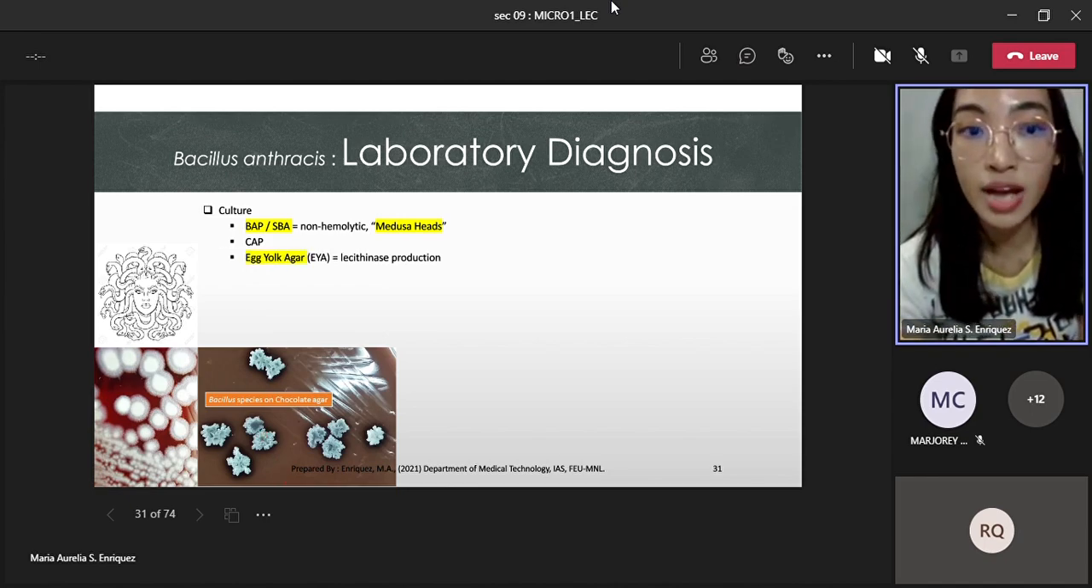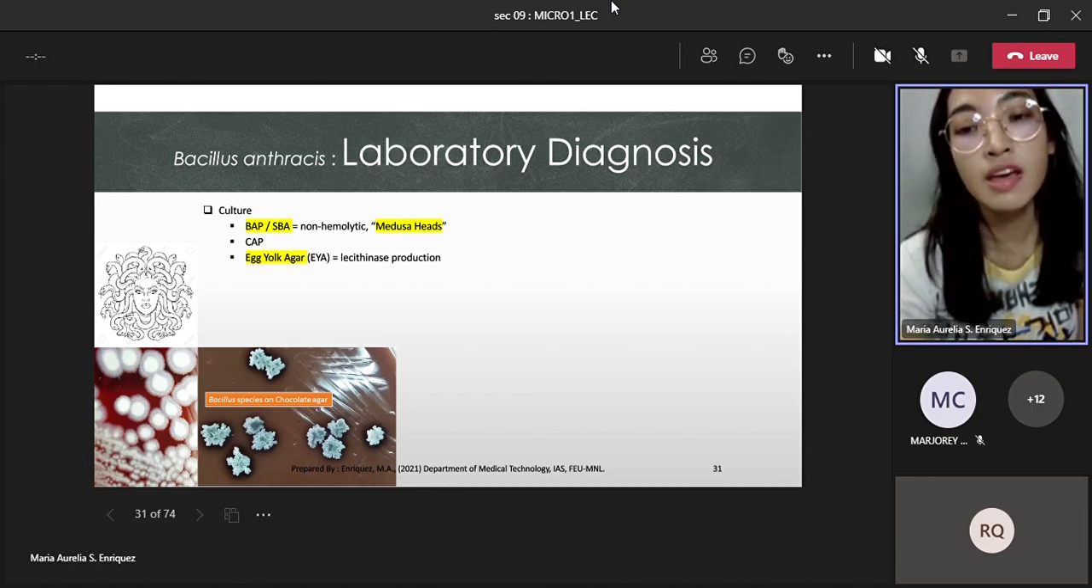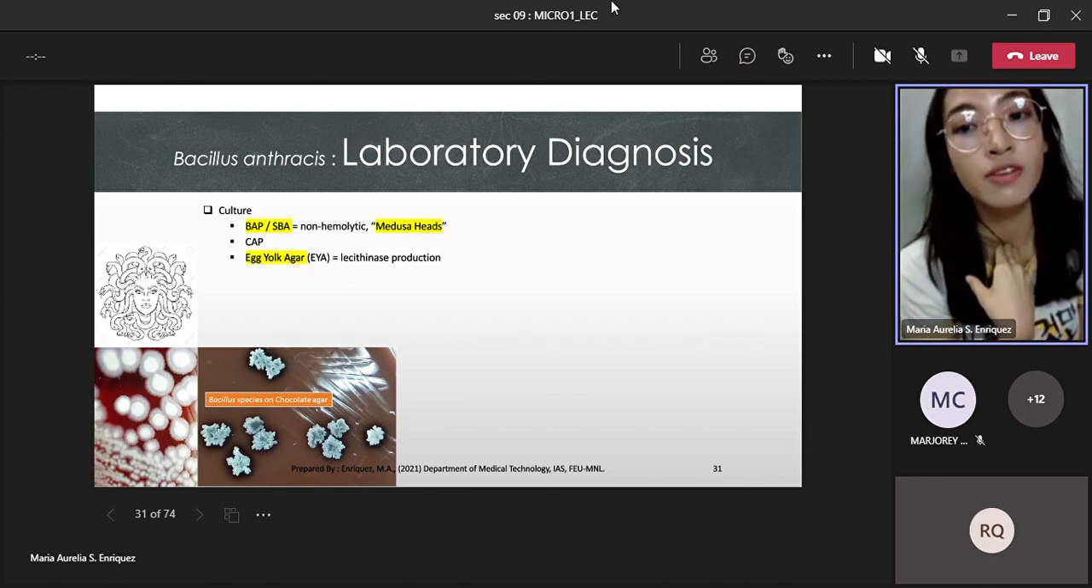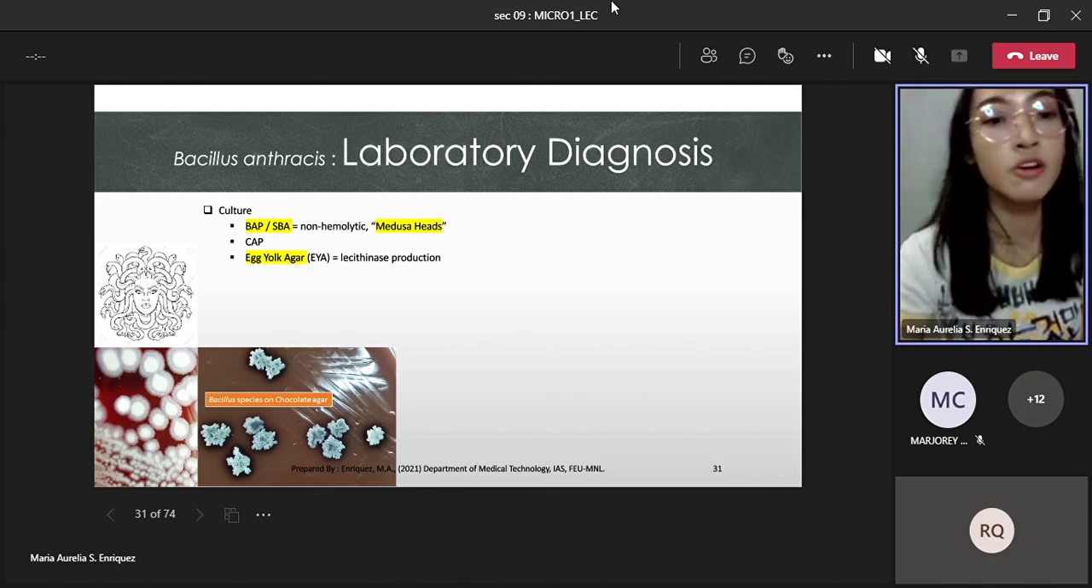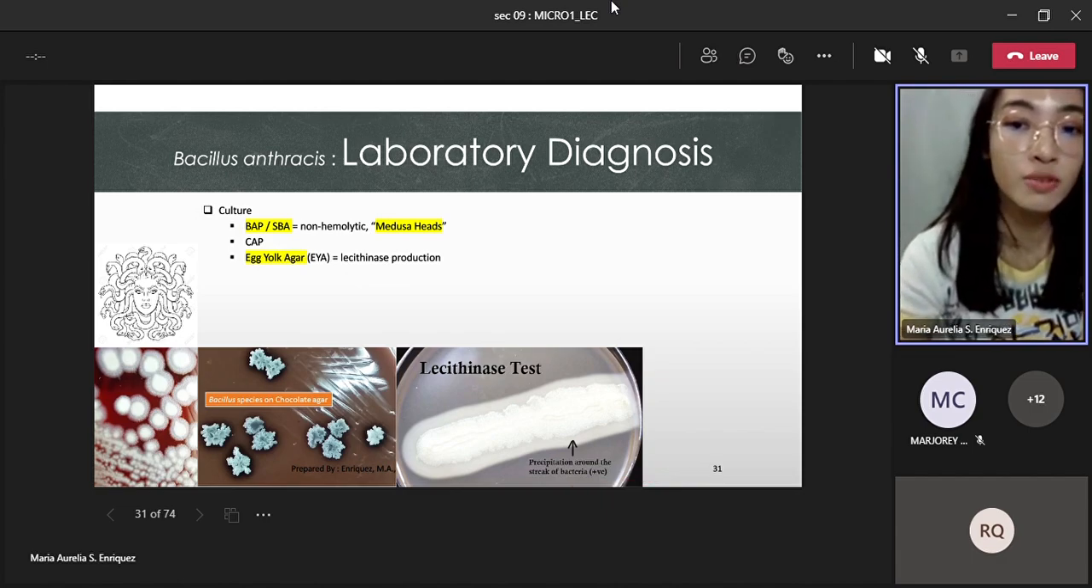Next is the egg yolk agar. The egg yolk agar is used to determine if Bacillus anthracis has the ability to produce lecithinase. So if they do, there would be an opaque zone of precipitate that is produced in the immediate surrounding of